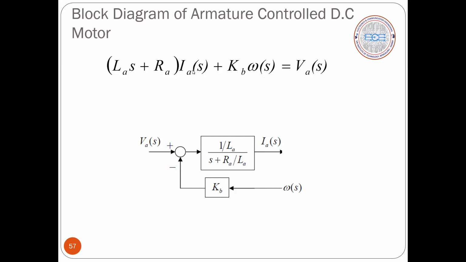While getting an expression for IA of S, you get V of S minus KB into omega S, KB into omega S will be having to the right side, and the whole thing has to be divided by this, to get IA of S. That's what this block diagram says. Okay. So now what we do is,